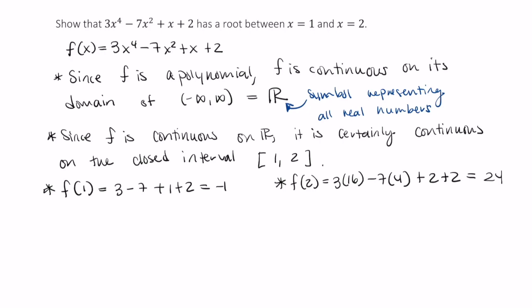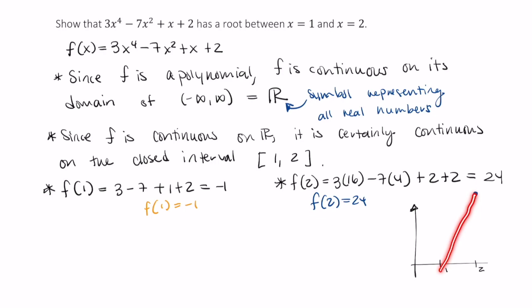I'm going to make a rough sketch before I do that. All right, so we know f of 1 is equal to negative 1, so that would be about here. We also know that f of 2 is equal to 24. So that's way up here. Now, f is continuous, which means I should be able to connect these dots without lifting my pencil. And I will add, this is not an accurate sketch of f of x,